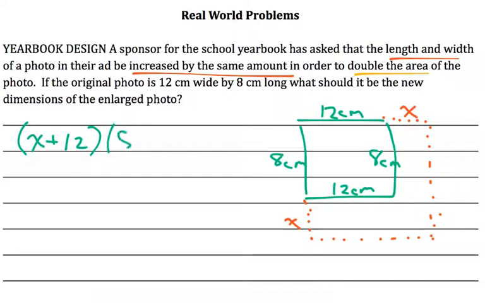times 8 plus x is equal to whatever the area is. But make sure you understand that this is the entire height and width. So this would be the new area. And we know that the new area is double the original area. And since we still haven't found that out, in a calculator I would punch 12 times 8 to get 96. And if I doubled that, that means that the new area would be 192